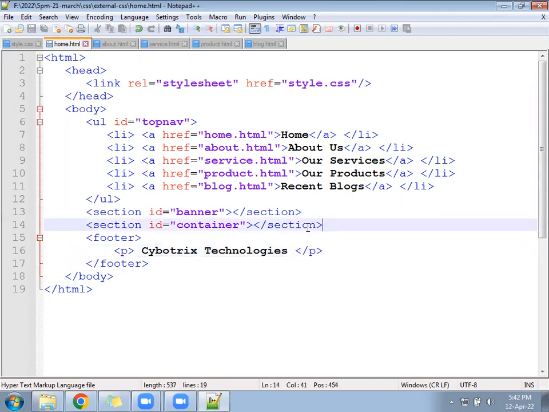So container we have, footer we have. Now for all this we can write the CSS in the style.css file. Once the basic structure is ready, the same content we can copy and paste in other pages.